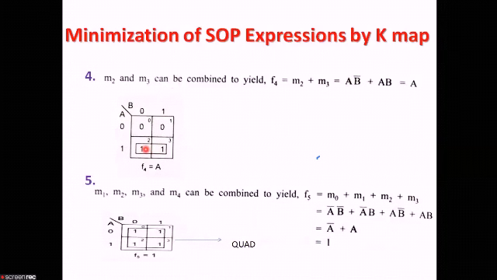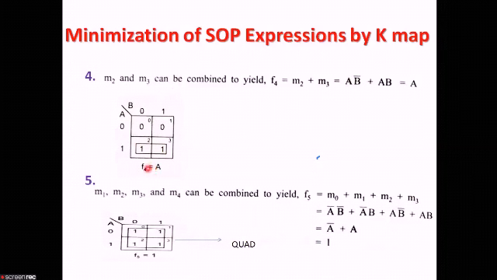Why is B changing? Look here, in this case, the value of this min term, that is min term 2, is A B bar, that is 1 0, A B bar. The value of this min term is A B. So we can see the value of B is changing, that is it is 0 one time and 1 one time, but the value of A is the same, that is 1 in both cases. So the value of F4 by doing the pairing is A.